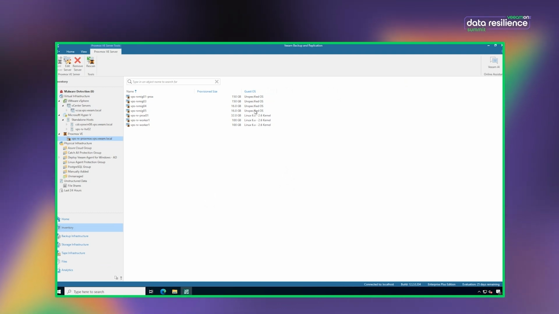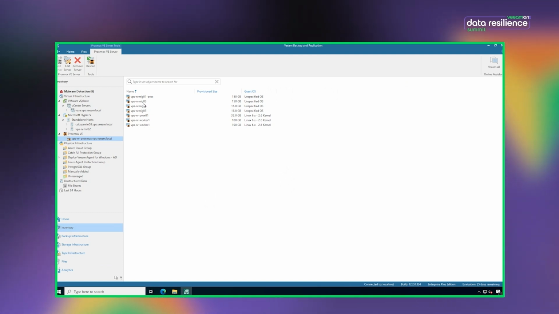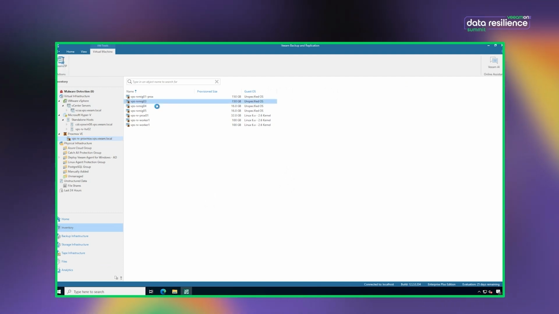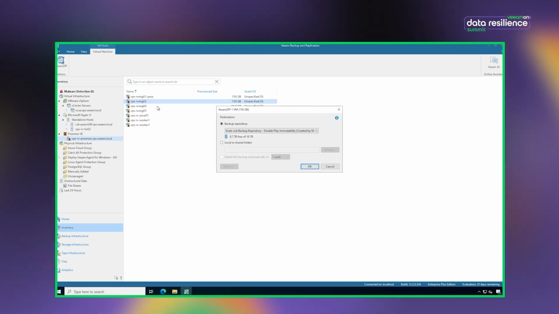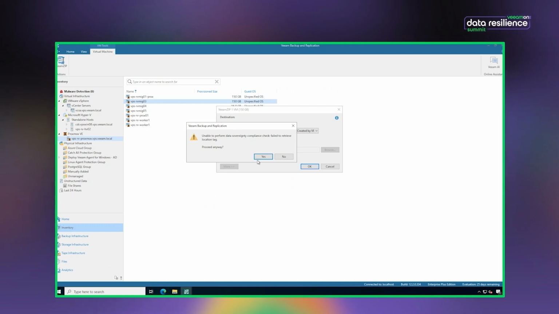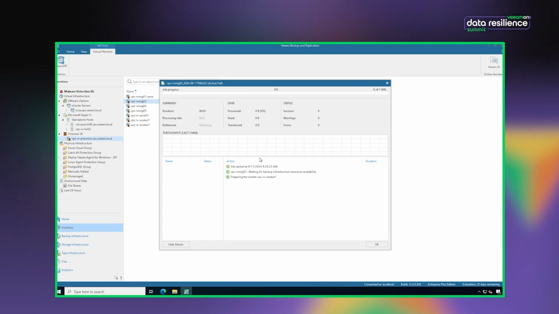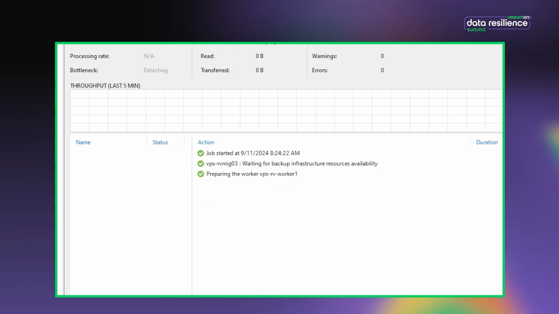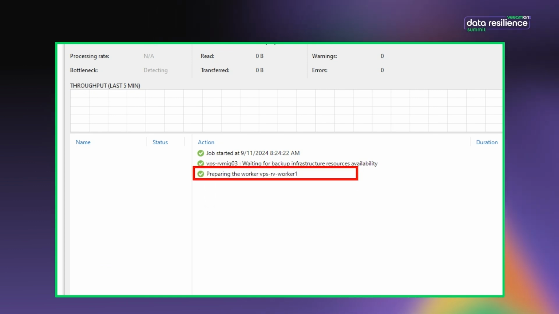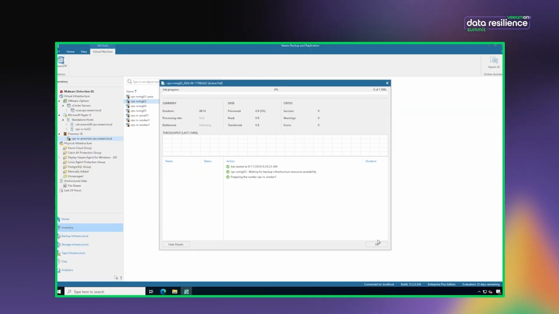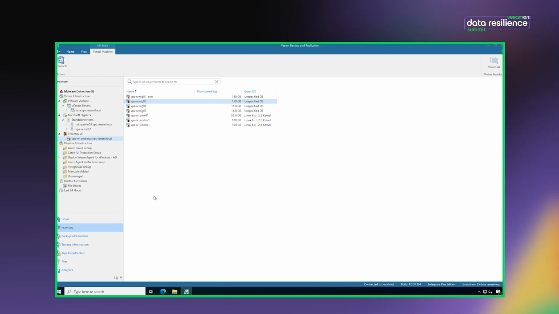Now, one of the things that comes with the base release here with Proxmox is actually quite nice. If you want to do a test, you can right click and do a Veeam Zip, right? This is existing Veeam Zip capability. Just a quick backup. You can do that. Well, not Quick Backup, that's a different Veeam specific term, but a rapid ad hoc backup, right? So you can do a Veeam Zip type of backup. So just like that, I'm doing a backup. And when you do that, you'll see this message here, preparing the worker 1. Now I already have one made, but let me show you what that is and how I got there.